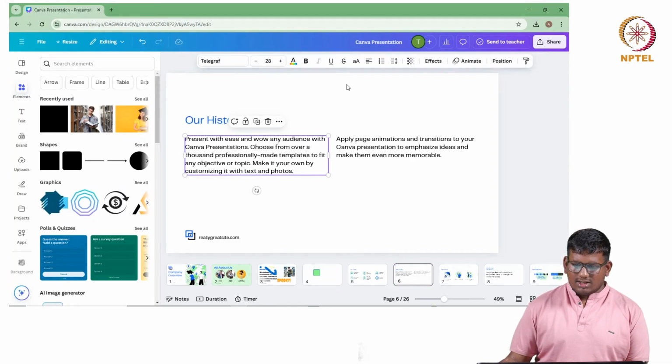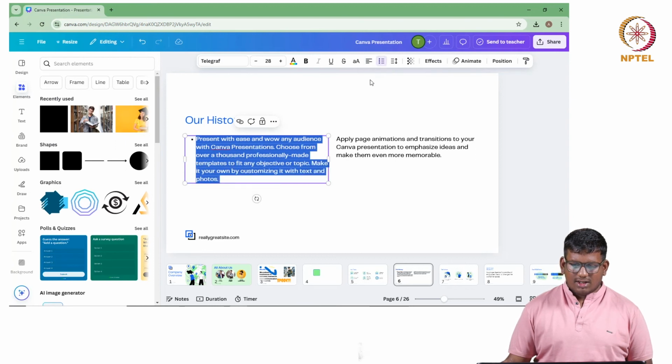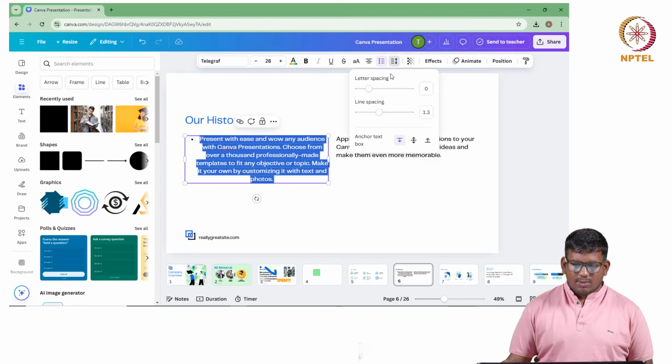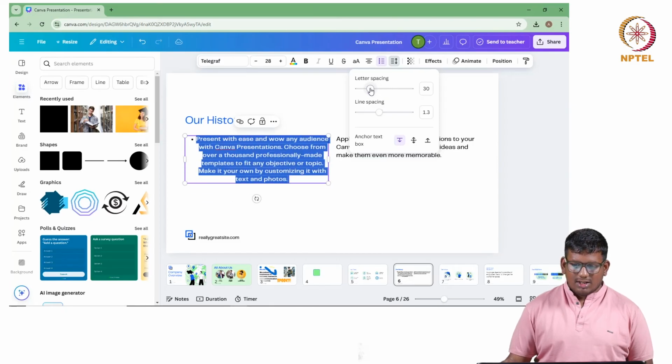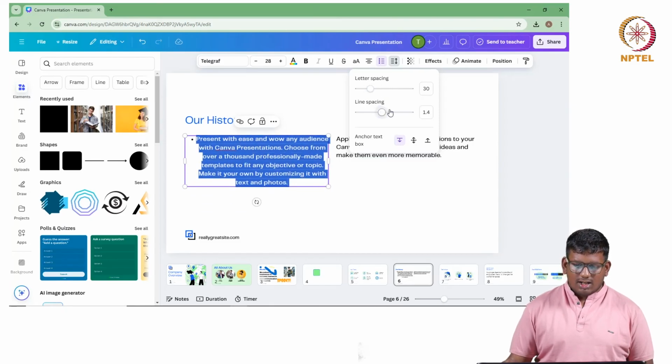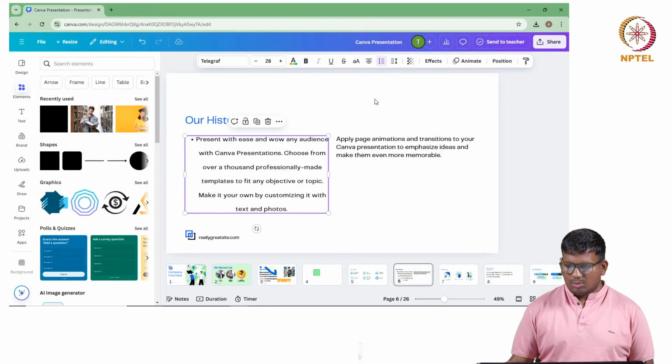If I need some text content, I can make it a list. I just need to select it and give it a list option. I can change the alignment to center or something. I can change the spacing between letters, so they can be a little more spread out. As you can see, I'm just increasing the spacing. I can also create line spacing, and set whether anchor text should be at center or not. It's literally up to you. You can explore infinite possibilities with it.